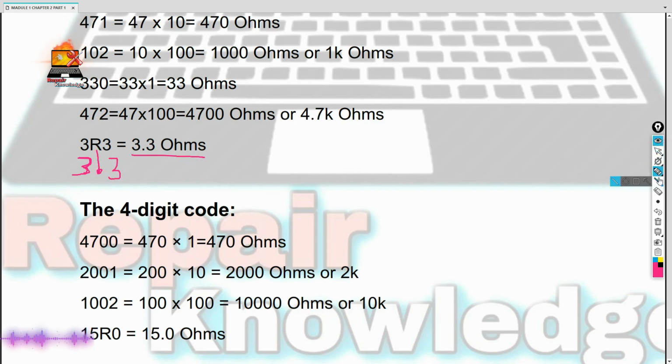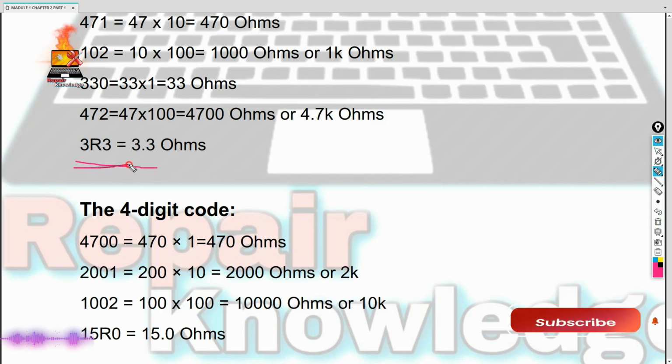I understand, friends. This is the thing that I am showing you right now. This will also come in the schematics. Then you keep it in your mind here and write it down in the workbook that I have told you about. Okay. 3 written here. Point in place of R, and 3 written here. Now how much has become ours here? 3.3 ohms. Okay. This is how you will calculate the 2-digit number printed resistor.